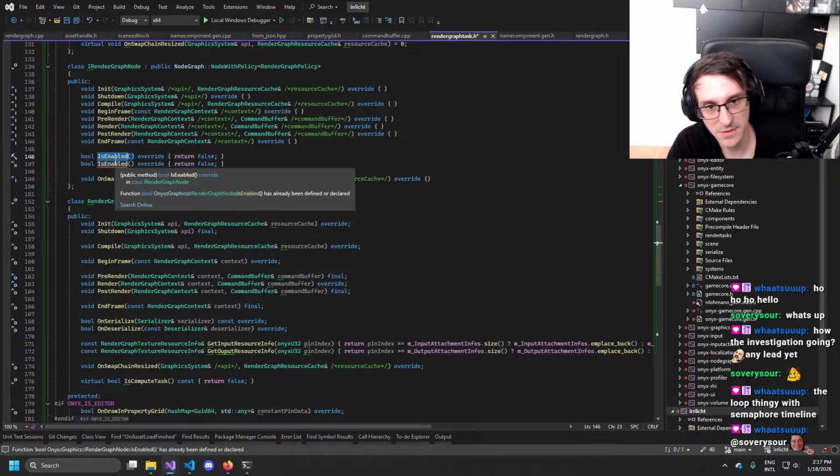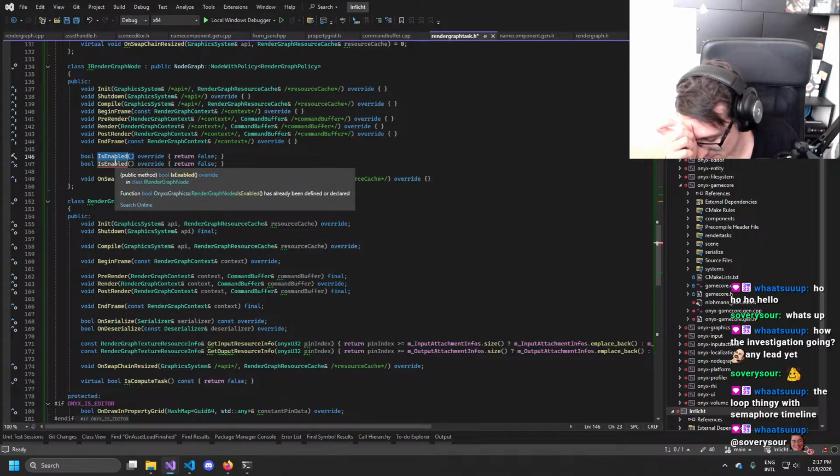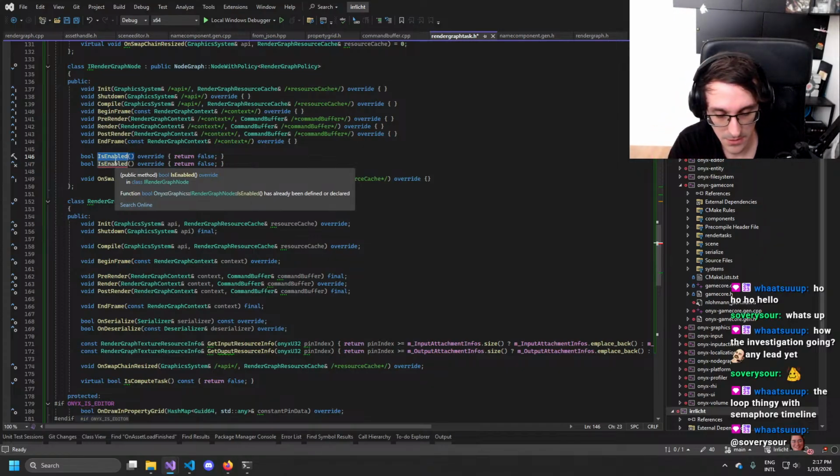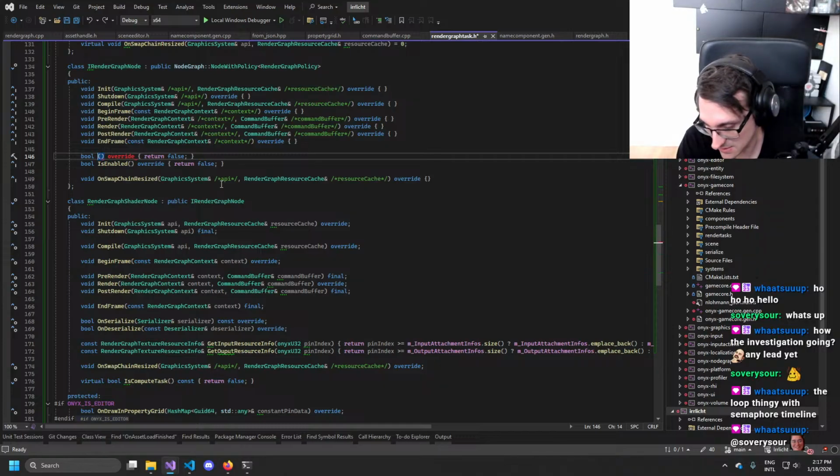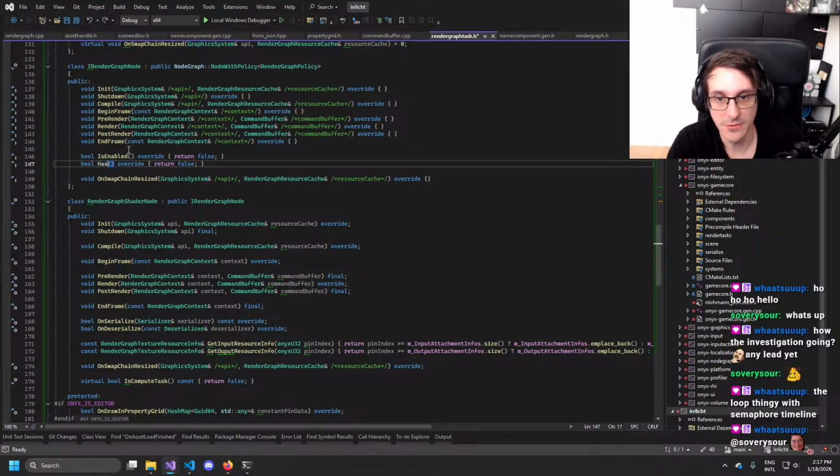Maybe is enabled and we rename that one. Hold on, maybe that's better. Is enabled and is... now what's the difference between enabled and active would be the weird question. I think I want a better name, but for now has begun frame.